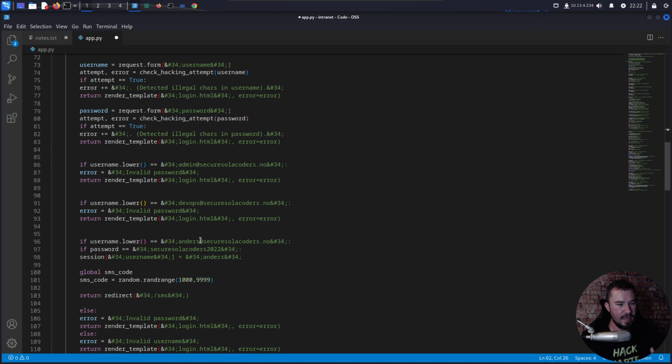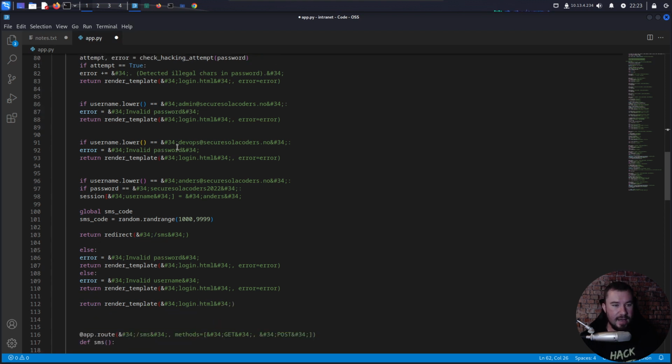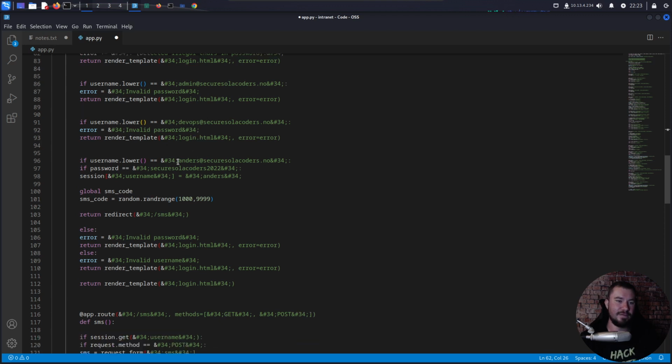Here is bad coding practice, but you would be surprised how often this actually happens in the real world. We are hard coding our username and our creds in here, at least creds for one account. Here we have, if the username is admin@securesolocoders.com, send the error invalid password, right? And that's how we got our username enumeration. If the username is DevOps, send the error invalid password once again. But if the username is Anders@securesolocoders.no, and if the password is securesolocoders2022, then give us a session with the username of